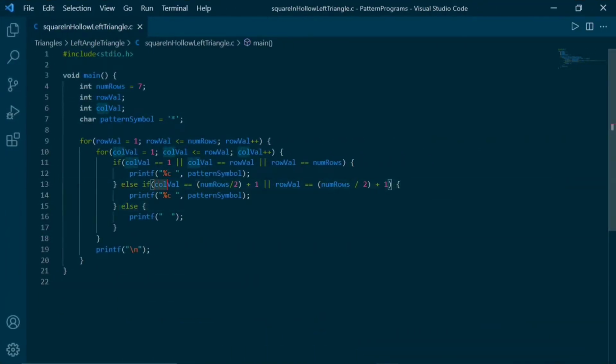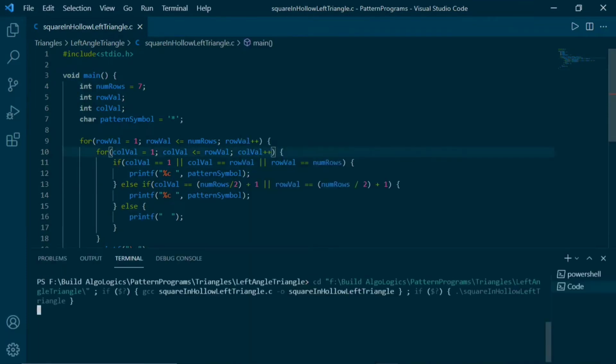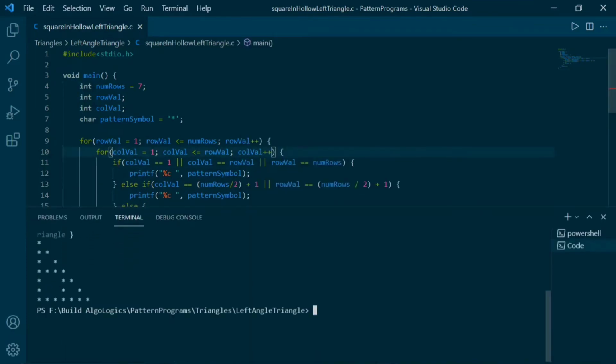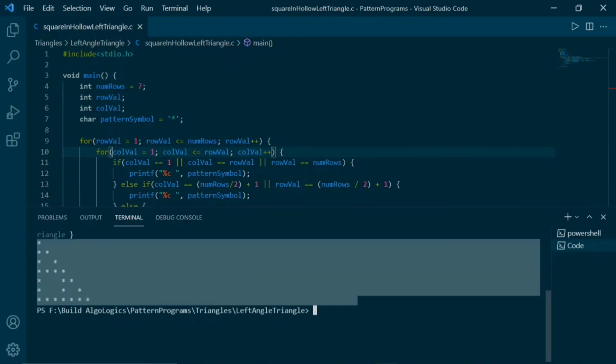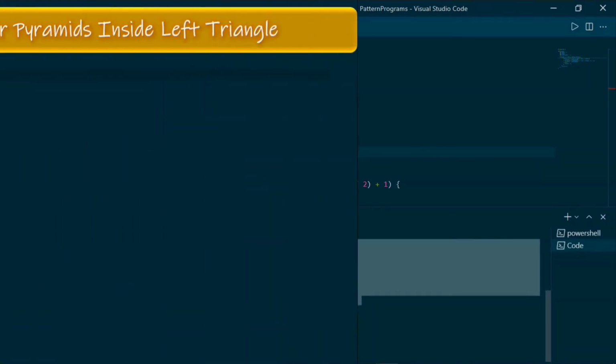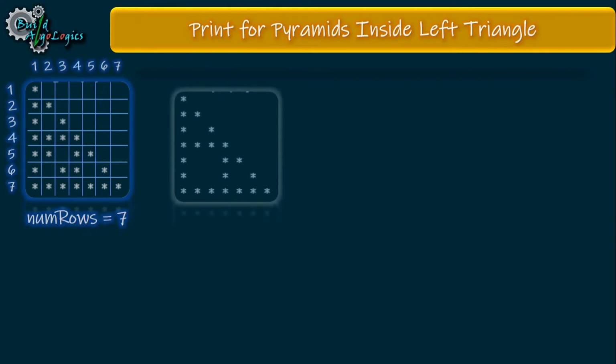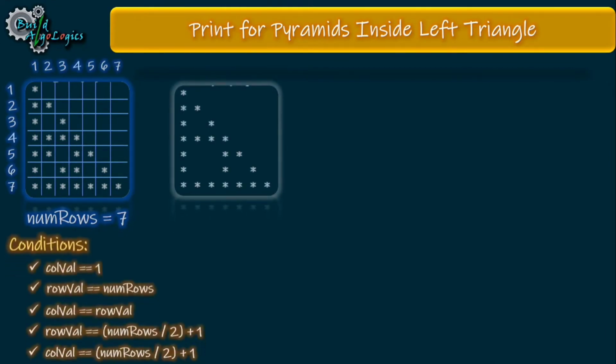Here I just add these conditions inside an else if block. I use this else if block to make our code more readable and avoid our if block being too lengthy. So let's run this code. Here we get our third pattern printed. Now let's write code for the last one. Here this pattern is also very similar to this one. We just have this extra part here.